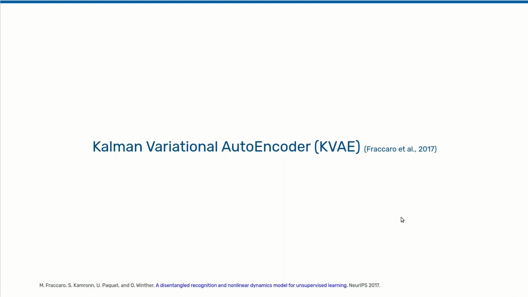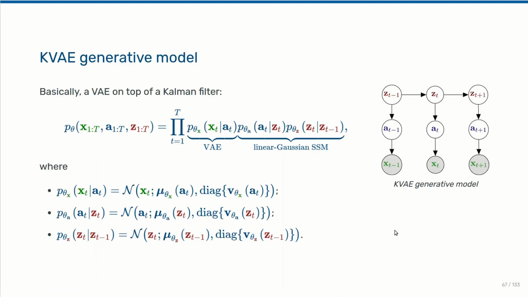The first model we would like to discuss is the Kalman Variational Autoencoder, or KVAE. This is a NeurIPS 2017 paper. The Kalman Variational Autoencoder is a combination of a Kalman, or a state space model, and a variational autoencoder. In very short, we have the latent code Z that follows a first order Markov chain, as in the Kalman